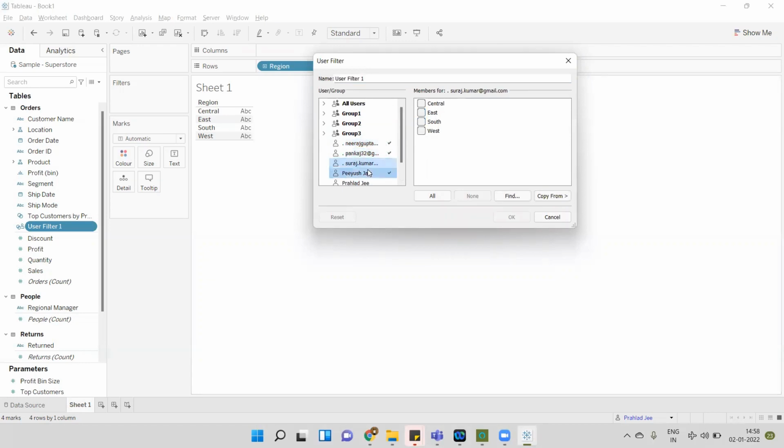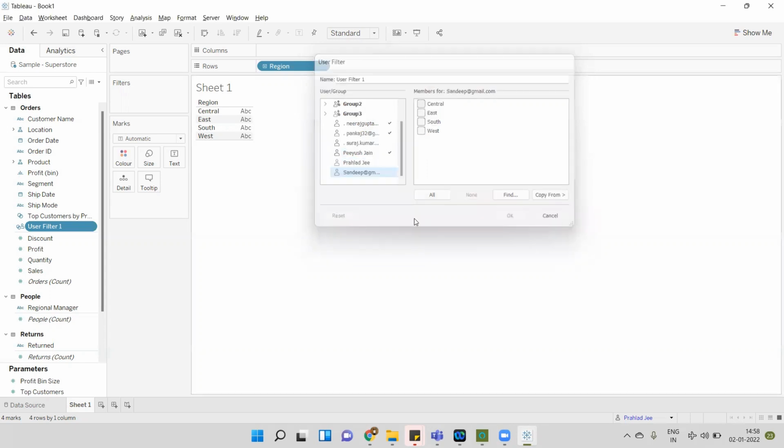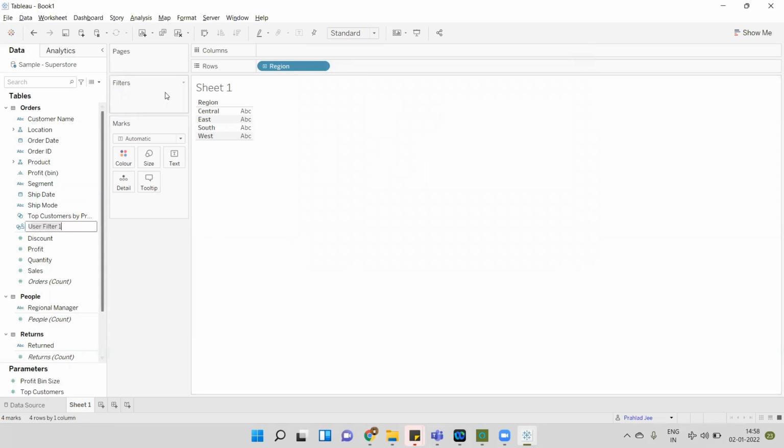We are not showing any data to Suraj, and for me, I'm showing complete data. For Prahlad and Sandeep, we are not showing any data. I will put this into the filters. Right now, Prahlad has logged in here, so we can see the name of Prahlad here, and the view is coming blank.